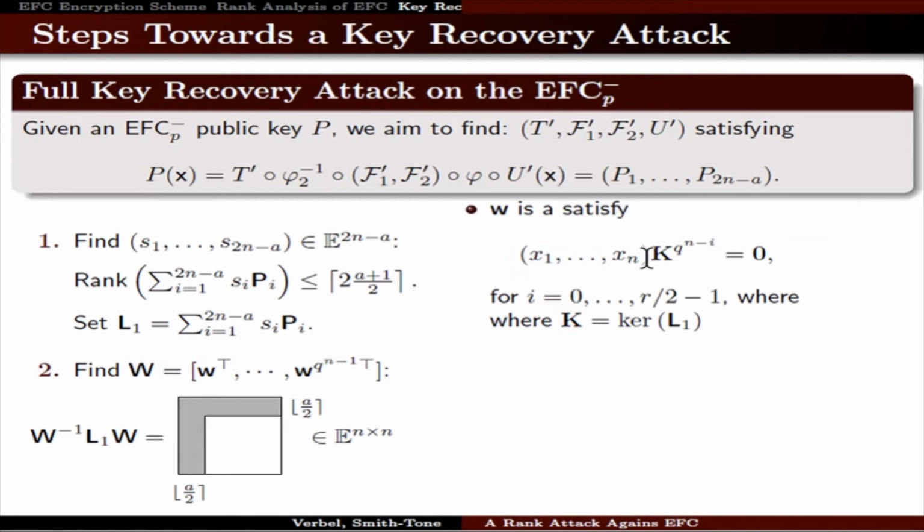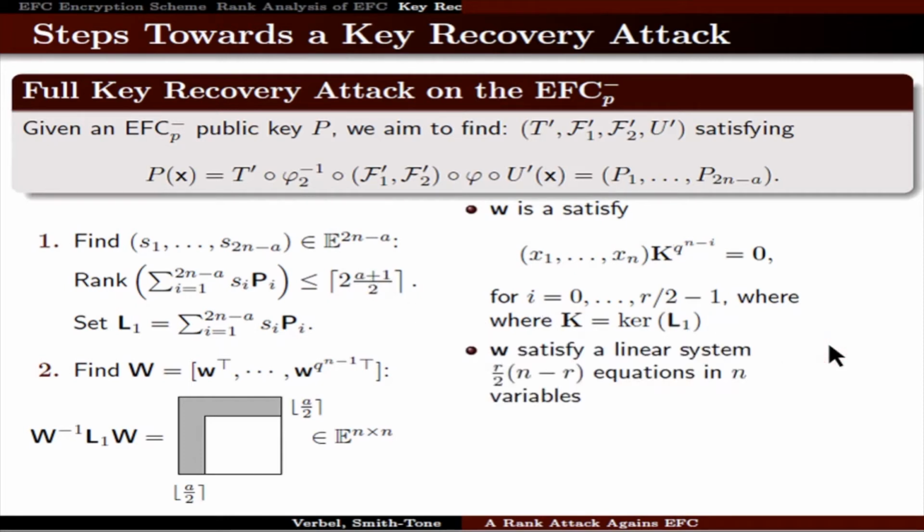we can find this W very efficiently by solving a linear system. This linear system over here, where the matrix K is just a matrix representing the rank of the found matrix L1, which is half rank less than this number. So to solve that system, we have to solve a system of r over 2 times n minus r equations in n variables. And we won't have a problem solving this system as long as r is bigger than 2. So that is an easy step of the attack to find W when r is less than 2,